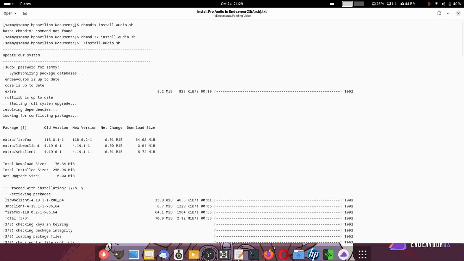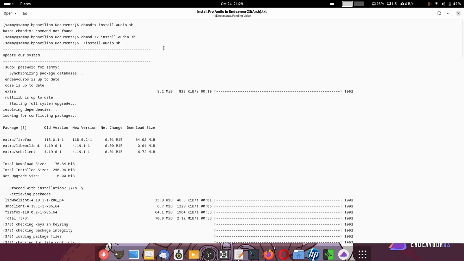So you have to open a terminal in the documents folder, then you have to change mode of that shell script. The file to install Pro Audio automatically is a shell script, so you have to execute the shell script. For that you have to change its mode. So you have to pass the command chmod +x install-audio.sh. You can see here, I made a mistake. There has to be a space between chmod and +x. Earlier it was sticking together, so I put a space in between, and it started the installation of